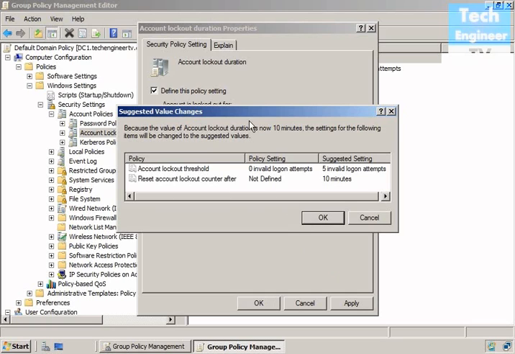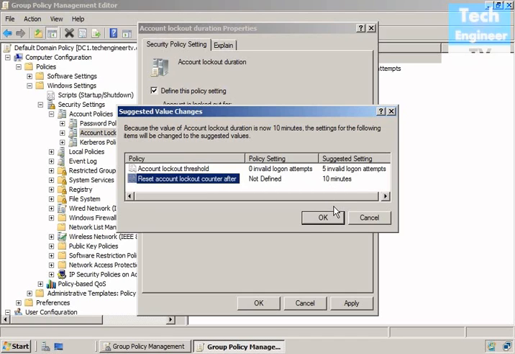Once you put 10, you can see the suggested values, which are set by default. You can see the lockout threshold is 5 invalid logon attempts, and the reset account lockout counter is already set to the suggested setting, which is 10